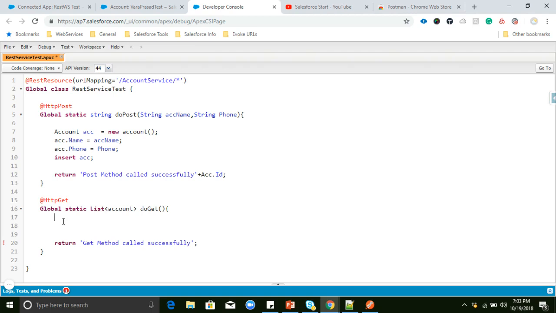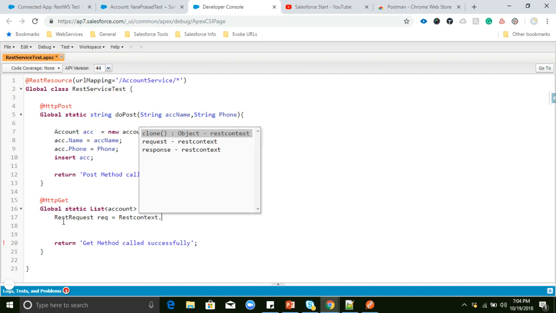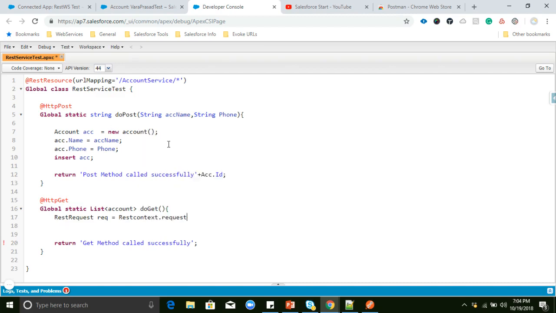If you want to pass parameters in the URL, we need to use the REST request object or REST response object. So I'll create a REST request object, request equals RestContext.request.